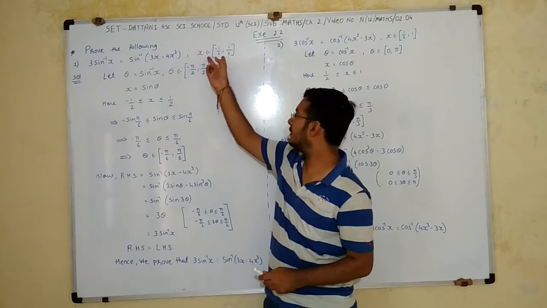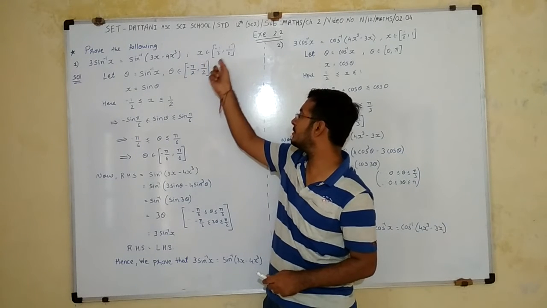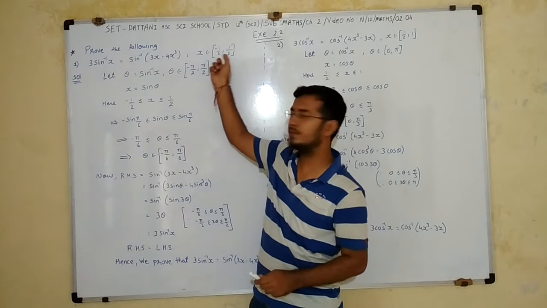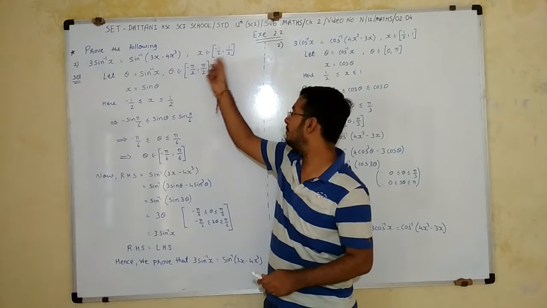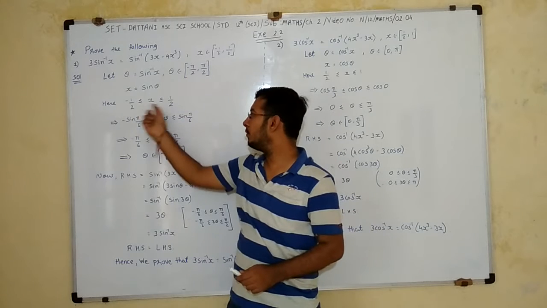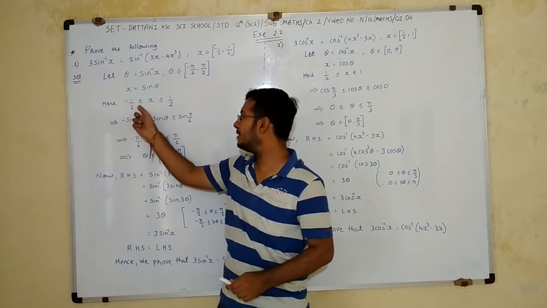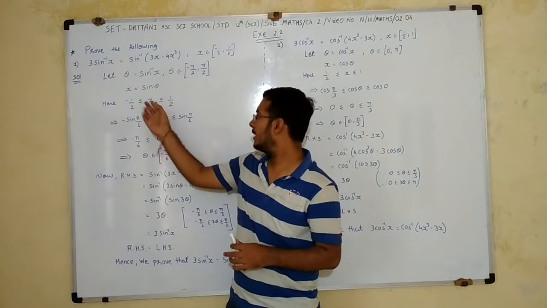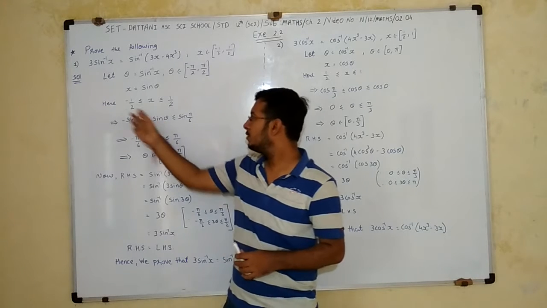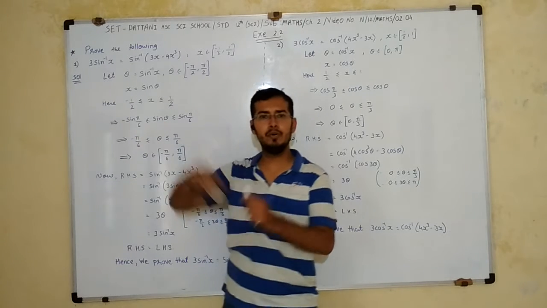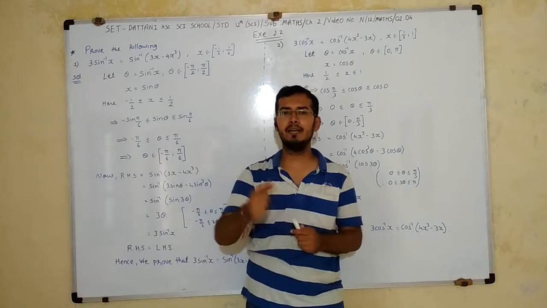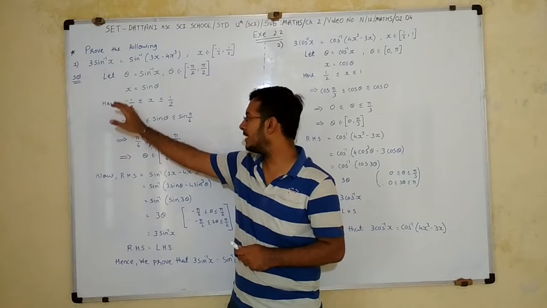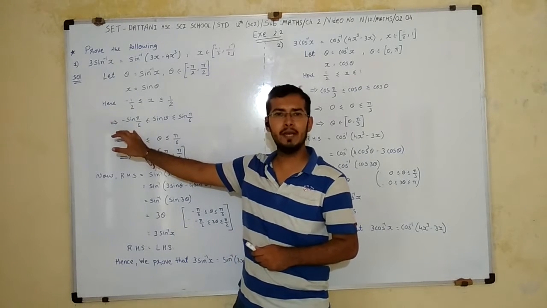Now here we are given the range, x belongs to minus 1 by 2 to 1 by 2. It means x is in between minus 1 by 2 to 1 by 2. Here it is a big bracket, so we take equal to also. So minus 1 by 2 is less than or equal to x, less than or equal to 1 by 2. Now x is equal to sin theta, so I want to convert 1 by 2 into sin form. We know that sin pi by 6 is equal to 1 by 2. So I keep the minus as it is, and 1 by 2 is equal to sin pi by 6.